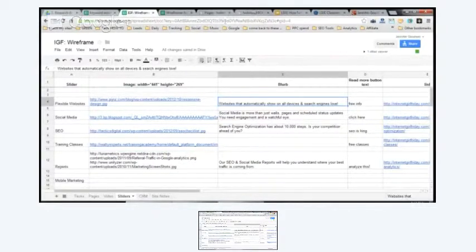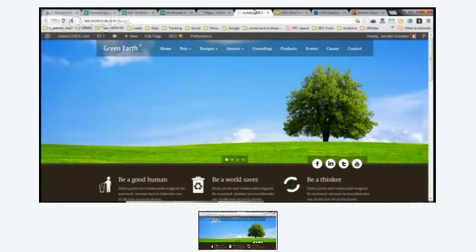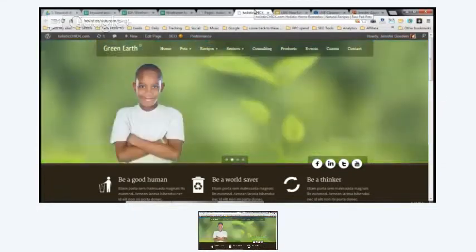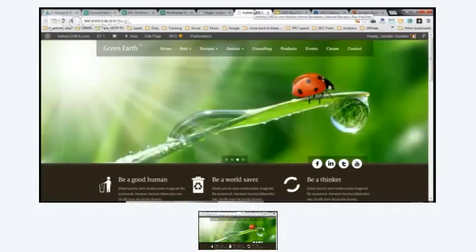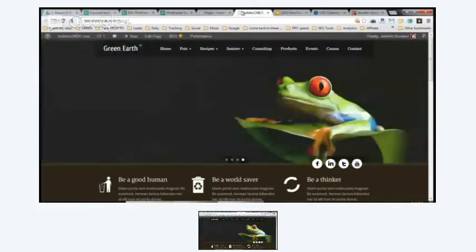Okay, so let's go to the back end of a website. We solely use WordPress for our websites. It makes Google and all the other search engines very happy to see the code set up this way. It's easier for the client to then manage their site if they so choose. Once we set everything up, we train them on how to use it, and they can manage their own site,